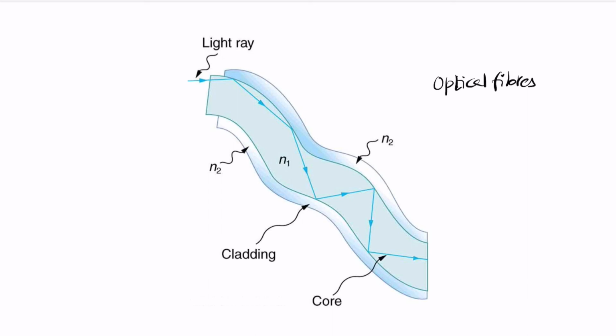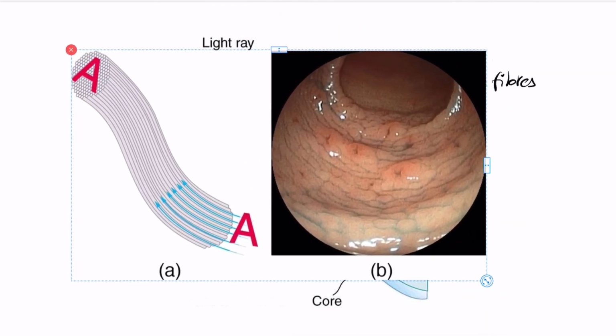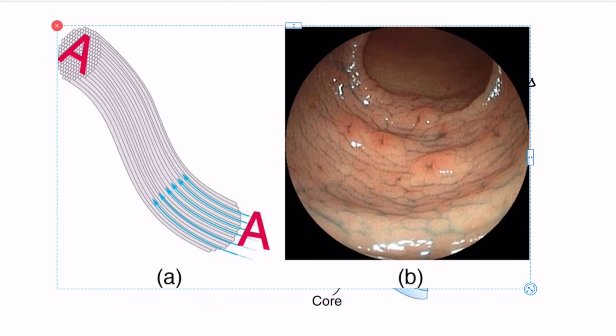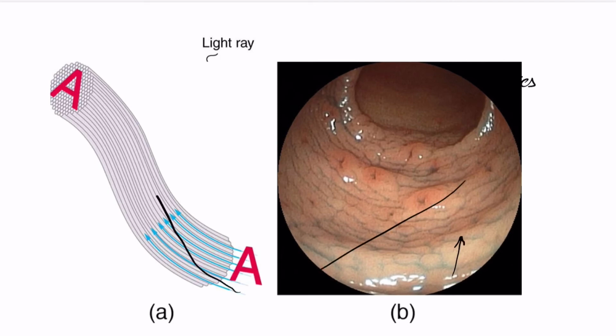So how can you look at it that way? One example would be to take a look at how it works when you do, for example, laparoscopy. This is what it would look like. What is happening there is you illuminate the object. At the end of the tube, there is a light that illuminates the object. So the light undergoes total internal reflection and reflects back into the tube, and it travels through the multiple tubes, and it's attached to a computer. That computer generates this image. So this is the idea behind total internal reflection inside an optical fiber.